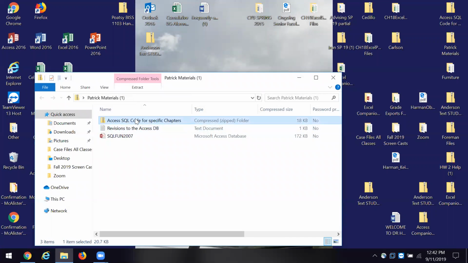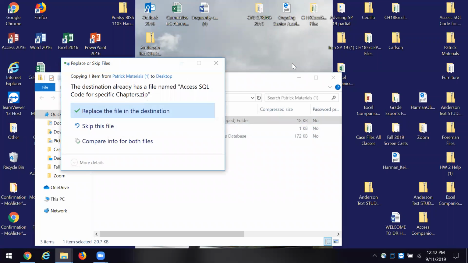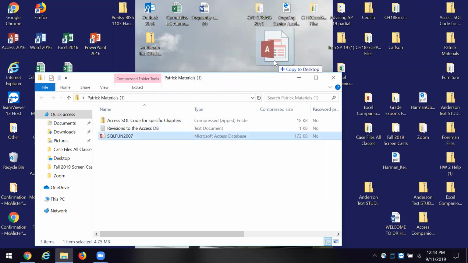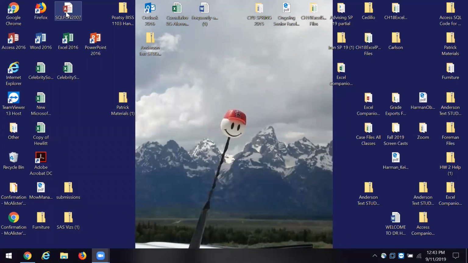Here's the access code for specific chapters. So I'm going to need that out on my desktop. And then I'm going to get SQL fund. So there it is. And let's see if I can find there's the access code. So I've got my fresh database or fresh data warehouse with all these tables,